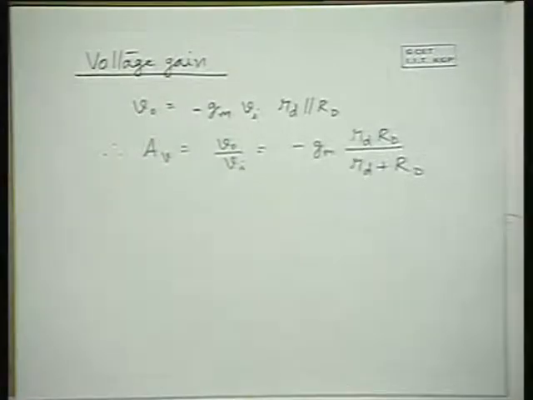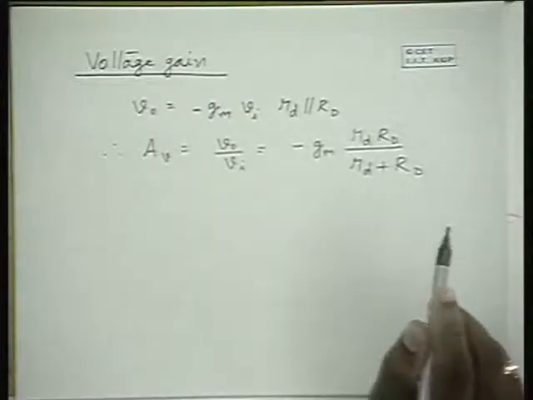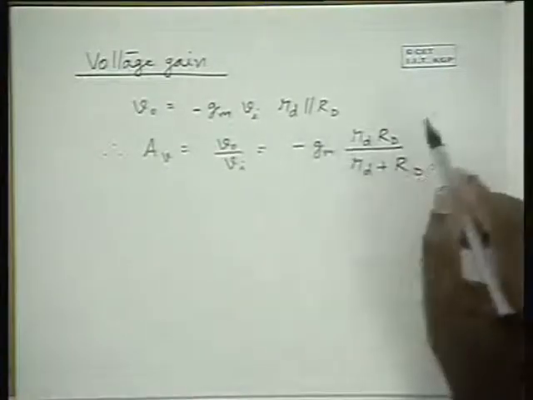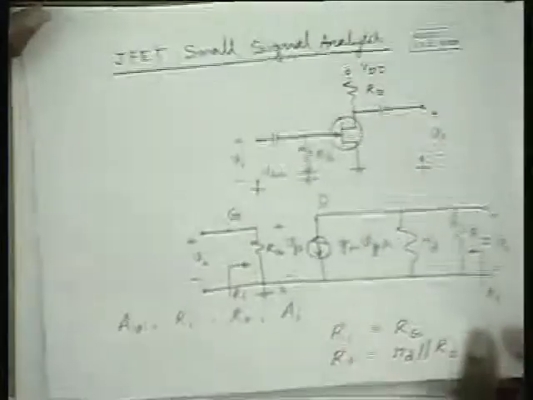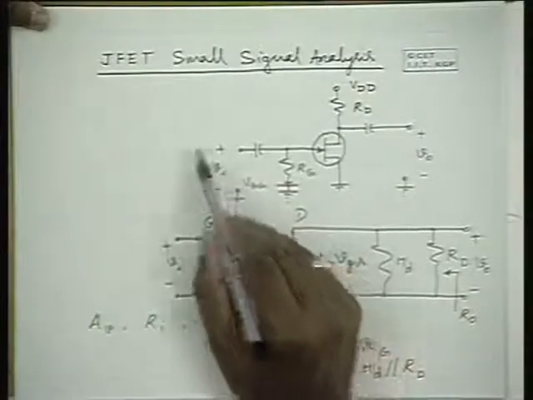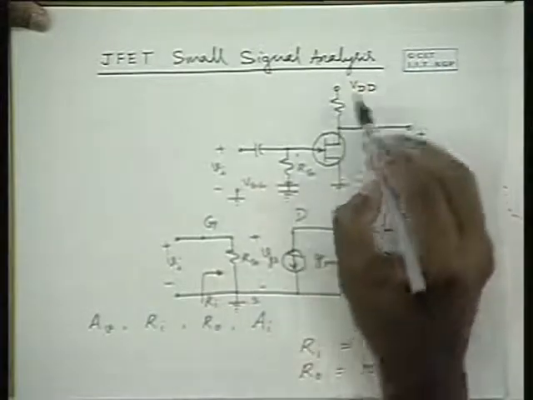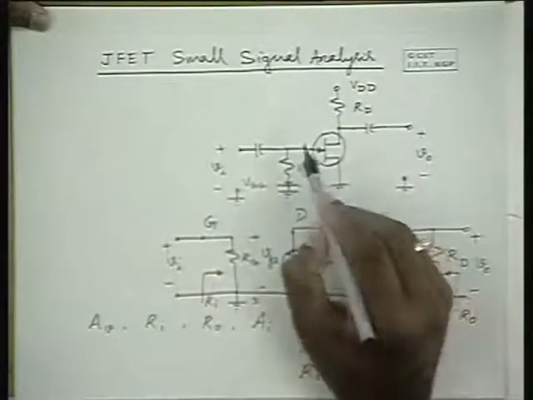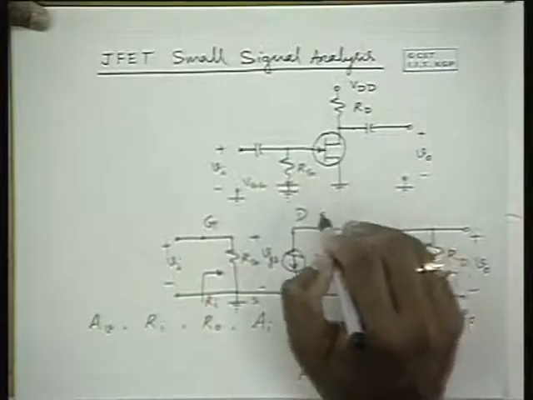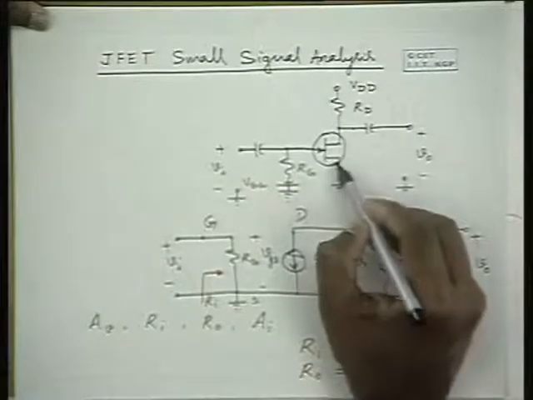Please note that the voltage gain has a negative sign. That means there is a phase inversion. So this is similar to that in a transistor. Here also, for a positive going half cycle of the input, or for a rising input, the reverse bias on the input side between gate and source is reduced. The DC reverse bias that is provided reduces, hence the current increases.